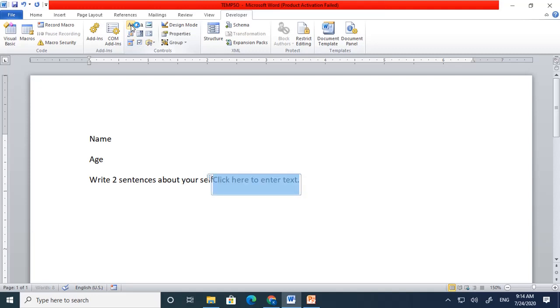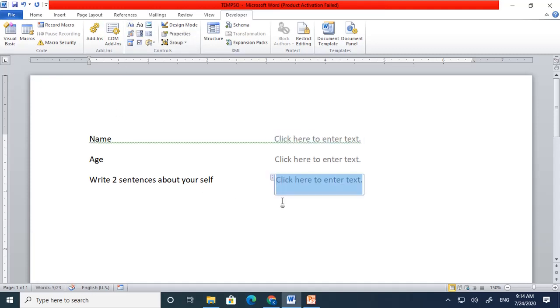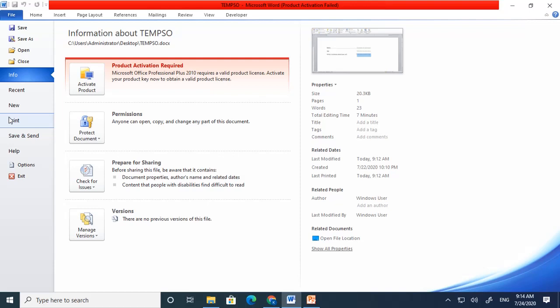Like the first one I take as this, I have taken, then age, another box, and name is another box. Now just save this document and your document is ready actually.